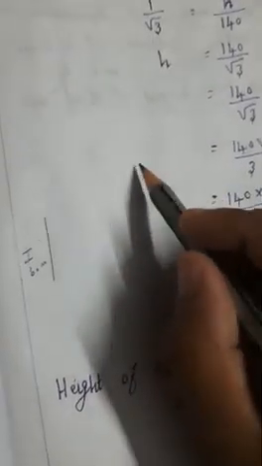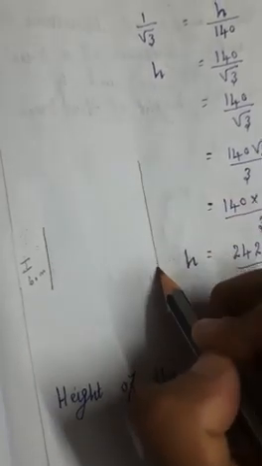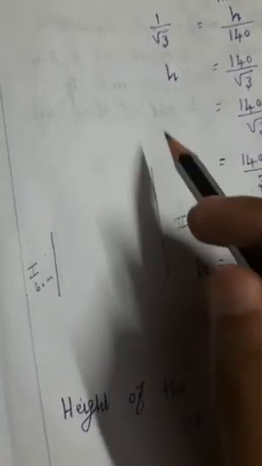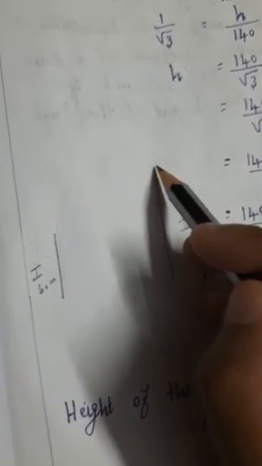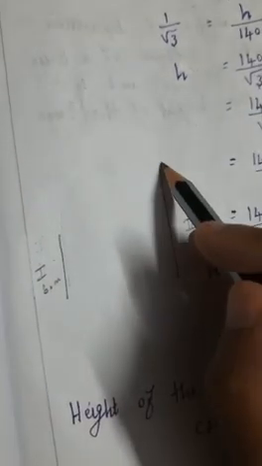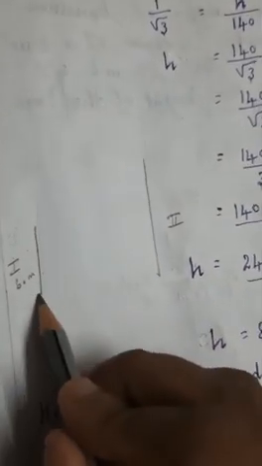The next one, this is the second building. Already I said why we have drawn this one short and this one long, because in our question they have given that from the top of the second building only they are looking at the top of the first building. So if we make this one long, only then can we see that one. Okay, so the distance between these two they have given, that is 140 meters.